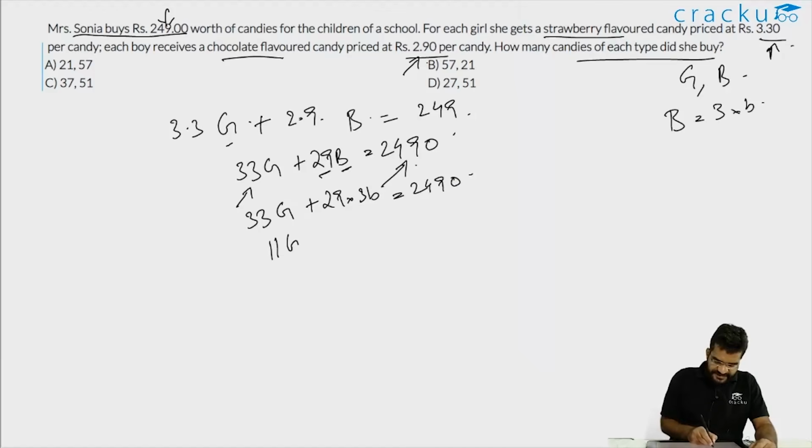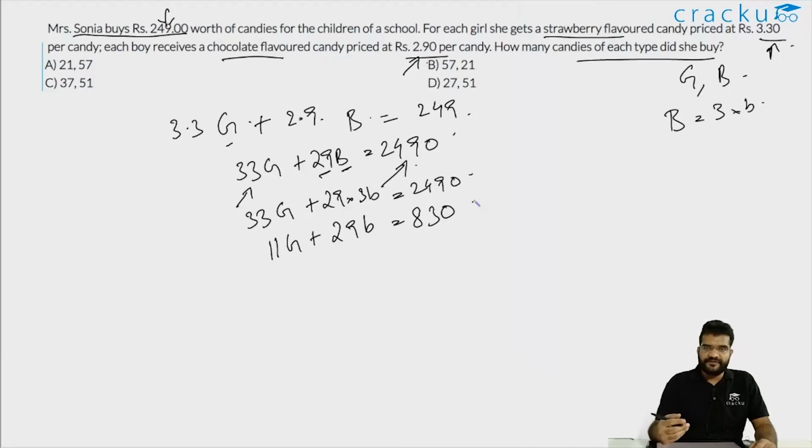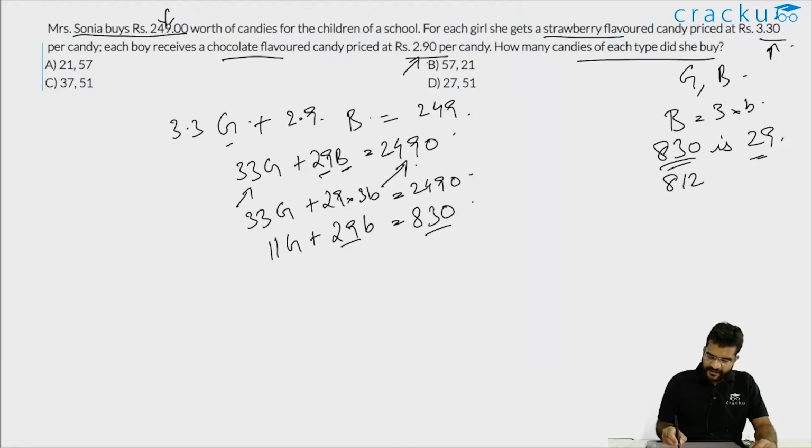So this becomes 11G plus 29 small b is equal to 830. Now once you have it, you will have to try to understand what is the remainder when 830 is divided by either 11 or 29. So let us first calculate for 29. When 830 is divided by 29, what is the remainder? You can easily calculate it using your scientific calculator. You will figure out that the largest multiple of 29, which is less than 830, is 812. So you can write 830 as